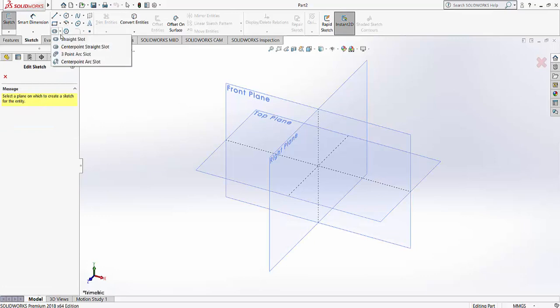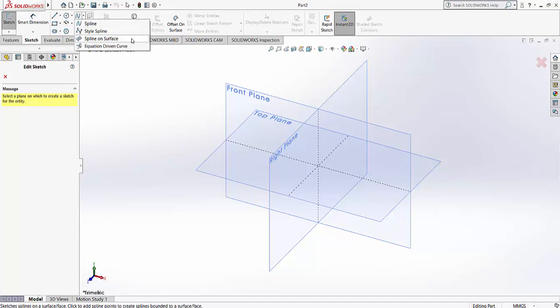Here are the straight slot, center point straight slot, 3-point arc slot, and the center point arc slot. Some of the circles available here are circle and perimeter circle, and here are some of the arcs: center point arc, tangent arc, and the 3-point arc. Here are some of the polygons. We can draw different polygons of different sides, and here is also an option of the spline, style spline,